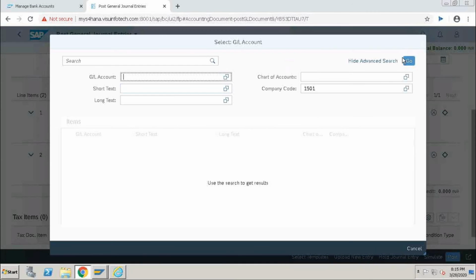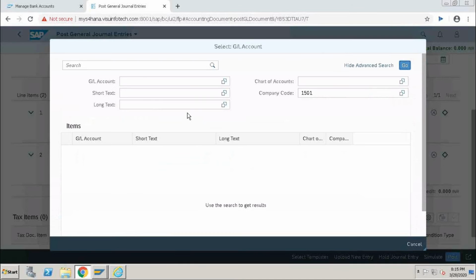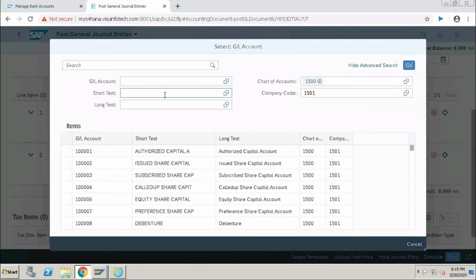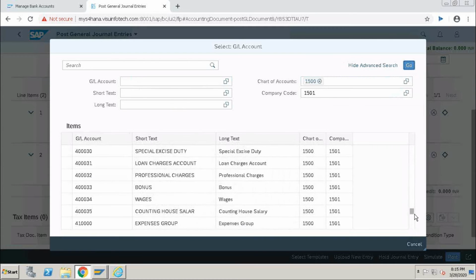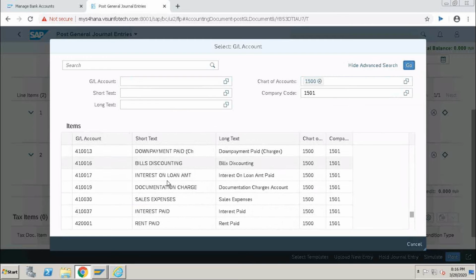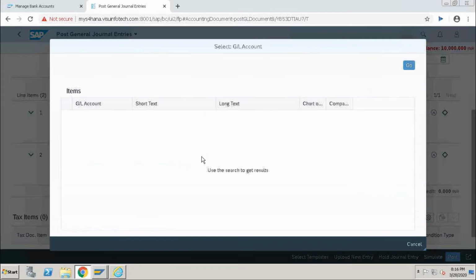Just a moment. So I take sales expenses, debit amount 10,000, and the credit account is check issue.